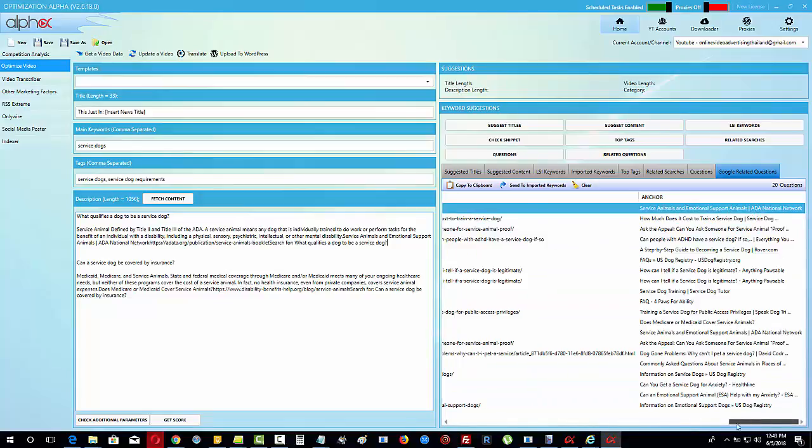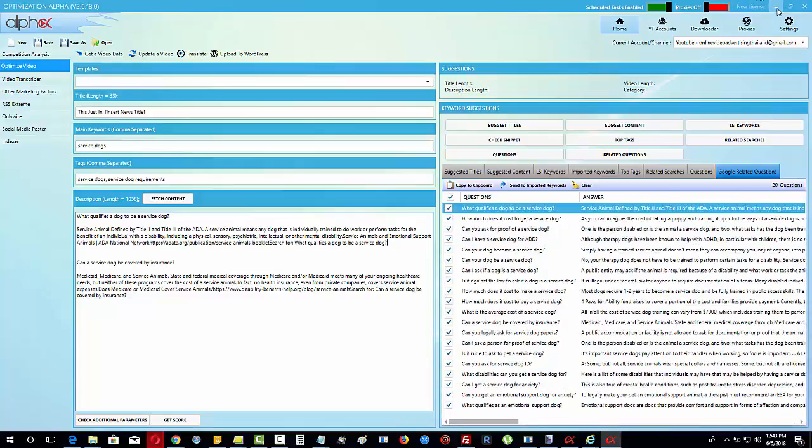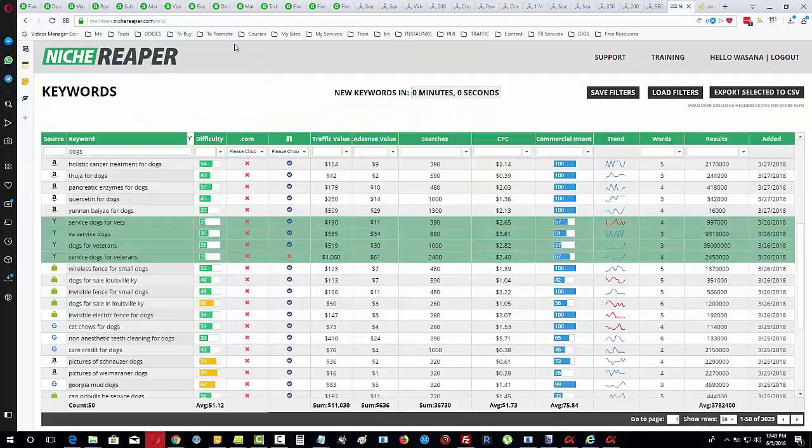Okay, now let's come back over into Niche Reaper. I want to show you something very, very cool. If I just drill down a little bit in here, which you can do in Niche Reaper as well. So the theme here that I've got highlighted at the moment is service dogs. If I just go into service dogs,